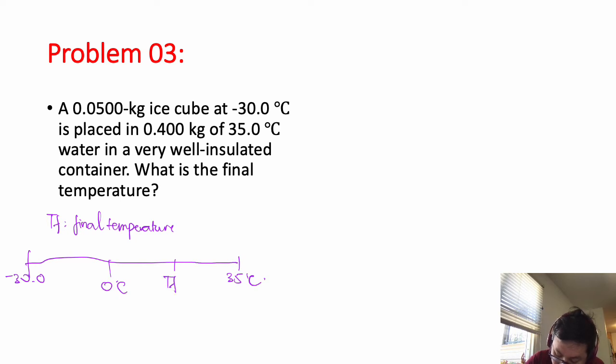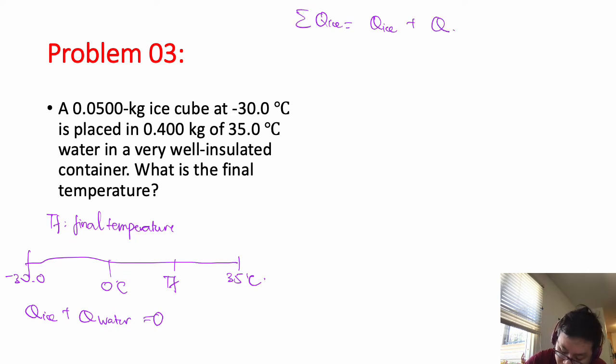Here we have Q ice plus Q water equal to 0 in this case. For Q ice equal to Q ice plus Q melting plus Q water